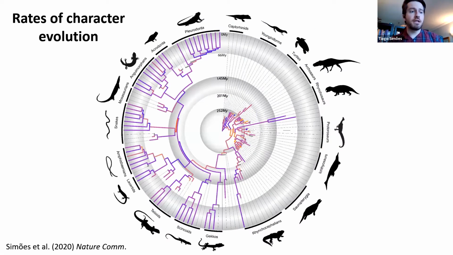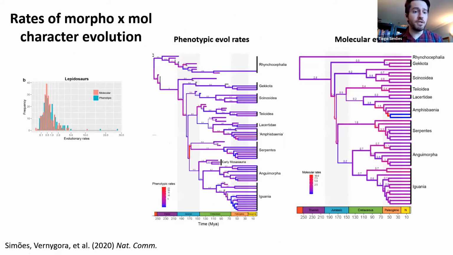Beyond that, more recently, I also estimated such rates of character evolution using the data set of that phylogeny I showed from 2018, but expanding the sampling of both recent and fossil species, with special interest on squamate reptiles, my main group of interest. So all groups of lizards and snakes, and other groups of diapsid reptiles are represented here, mostly extinct or the early members of groups that live to the present time. By doing that and integrating that with molecular data, we could estimate the phenotypic and molecular rates of evolution throughout the squamate tree of life.